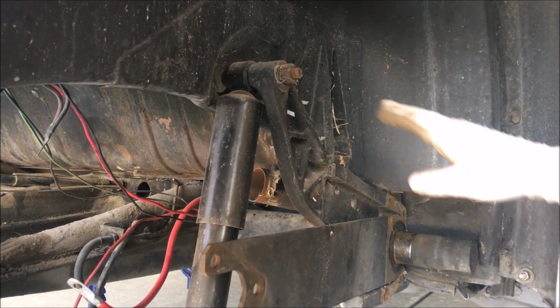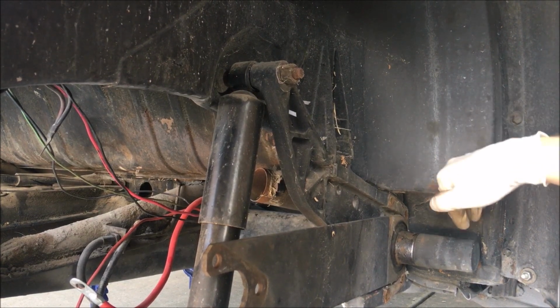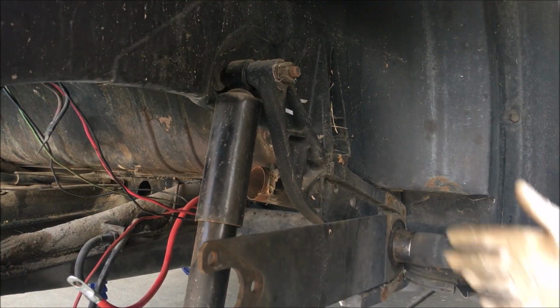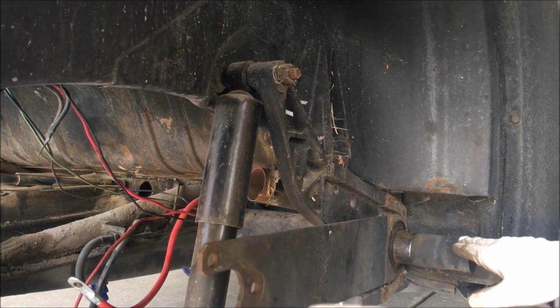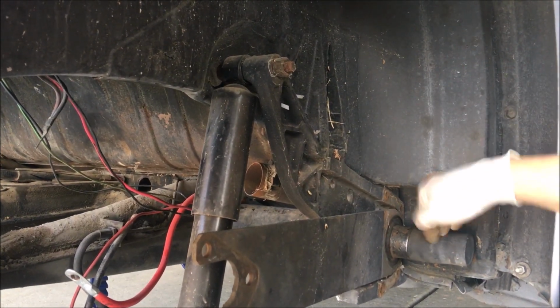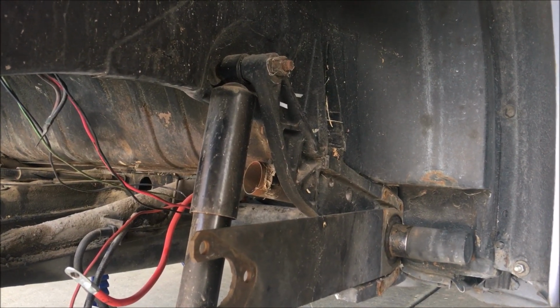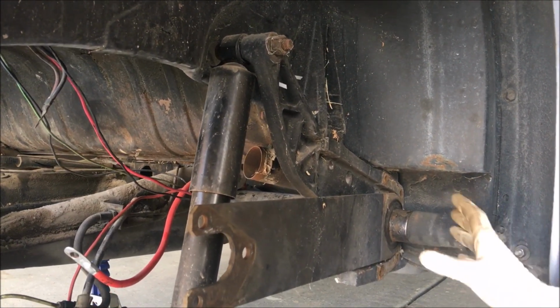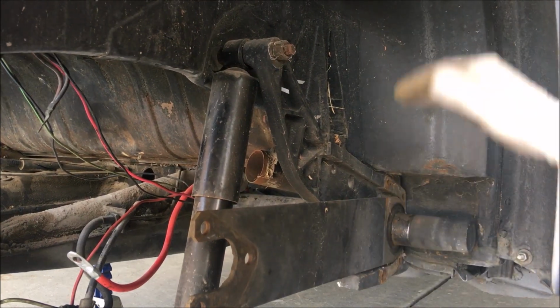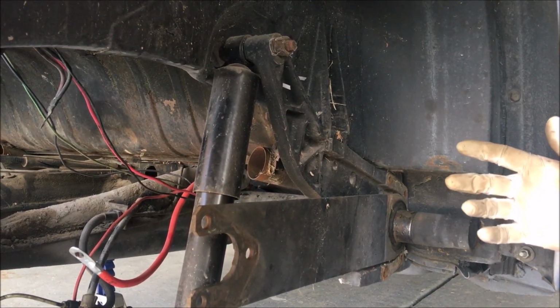So I'm not sure if it moves more from an inner spline than it does from an outer spline on these cars, because I know you could get different adjustability by doing an inner spline and an outer spline, but this is not coming apart. So the crazy part is all we can do is put it back together with one spline moved on the inner and do the same on the other side and hope it comes out like